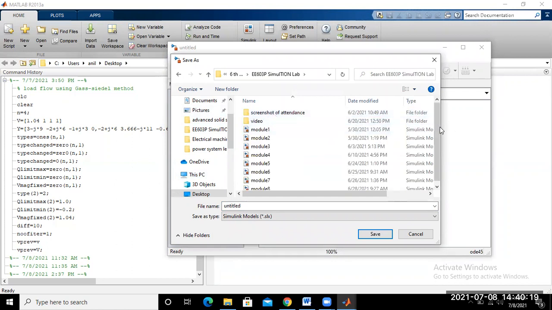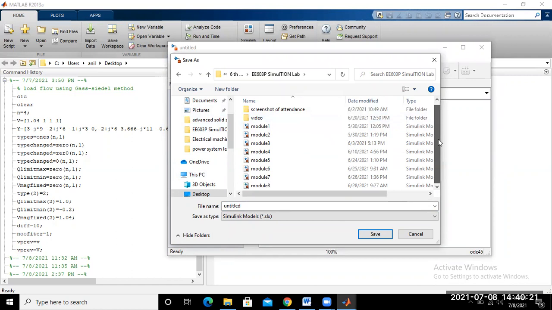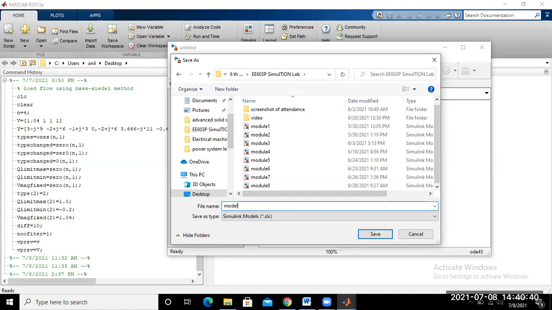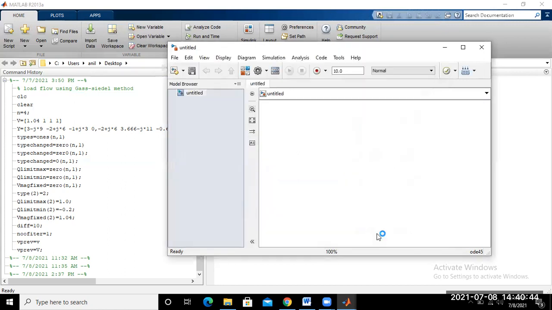I already simulated models up to model 8, so the name of this model is model number 9. Okay. And just save it. So your new workspace is saved as model number 9.